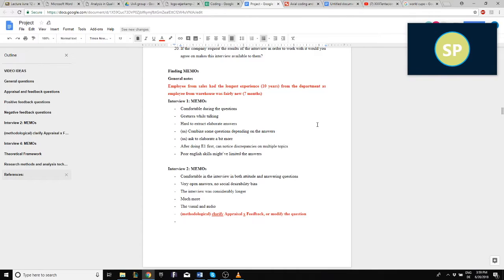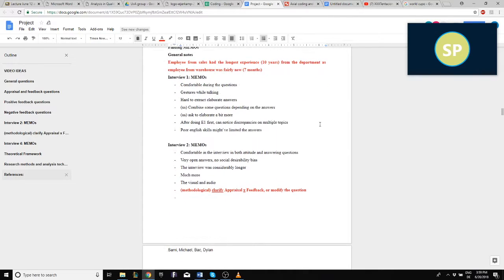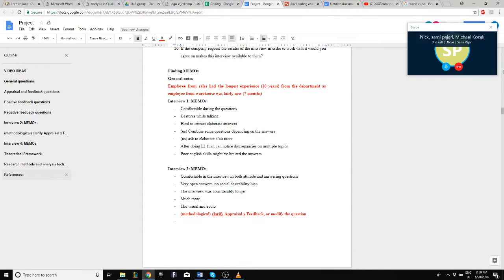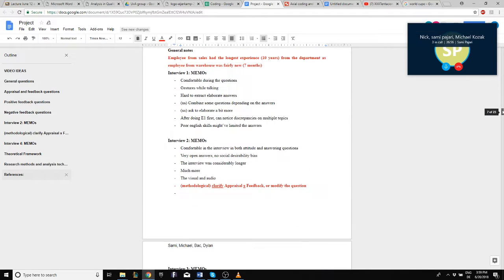First off, we added memos in the interview process in order to record unheard stuff like body movements, touching your phone, watching time during the interviews, so that we could analyze this with our record later on in the process. In addition, we also added methodological memos. For example, a memo after the first interview when we realized that the interviewee had a lot of trouble understanding the concepts of feedback and appraisal. So we added the definitions